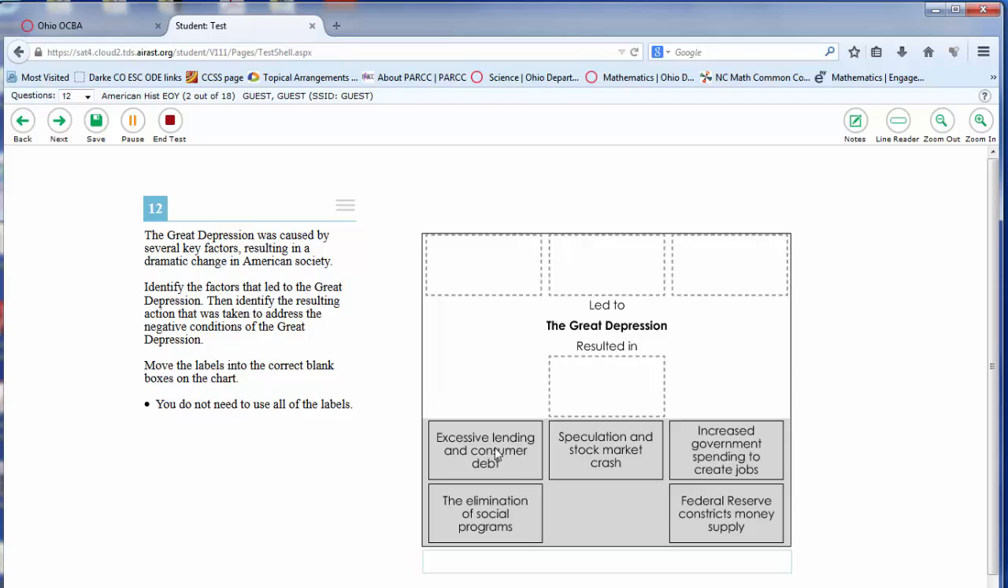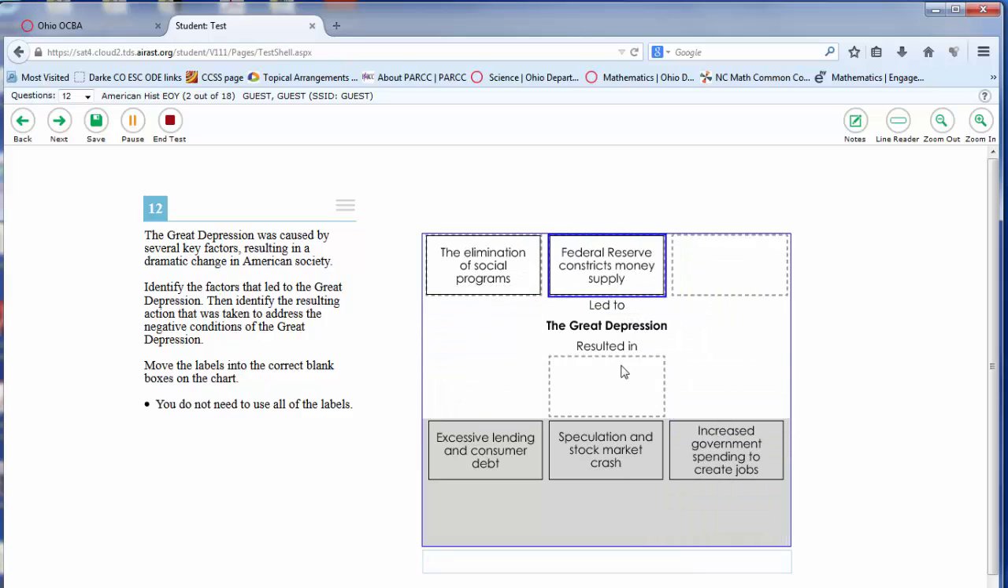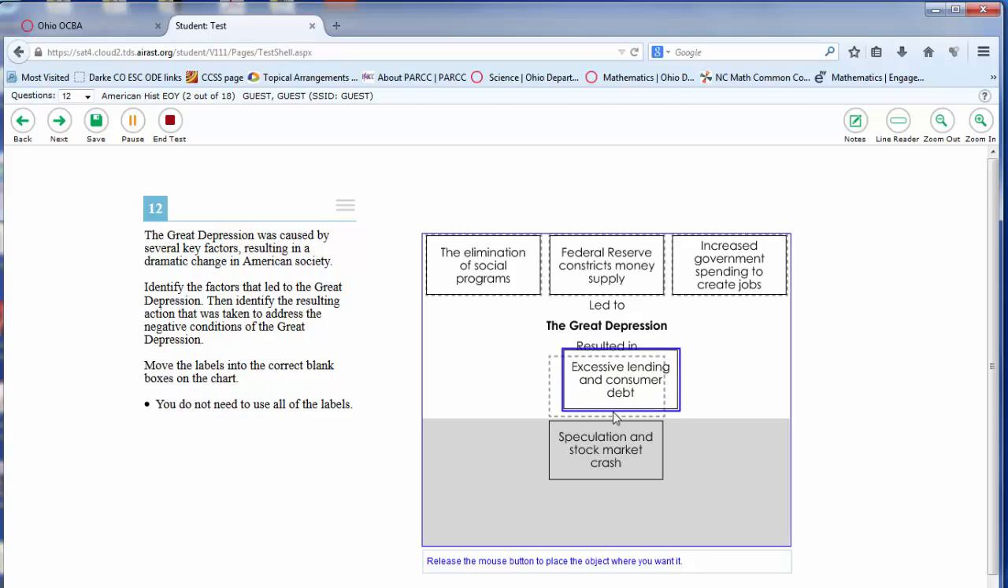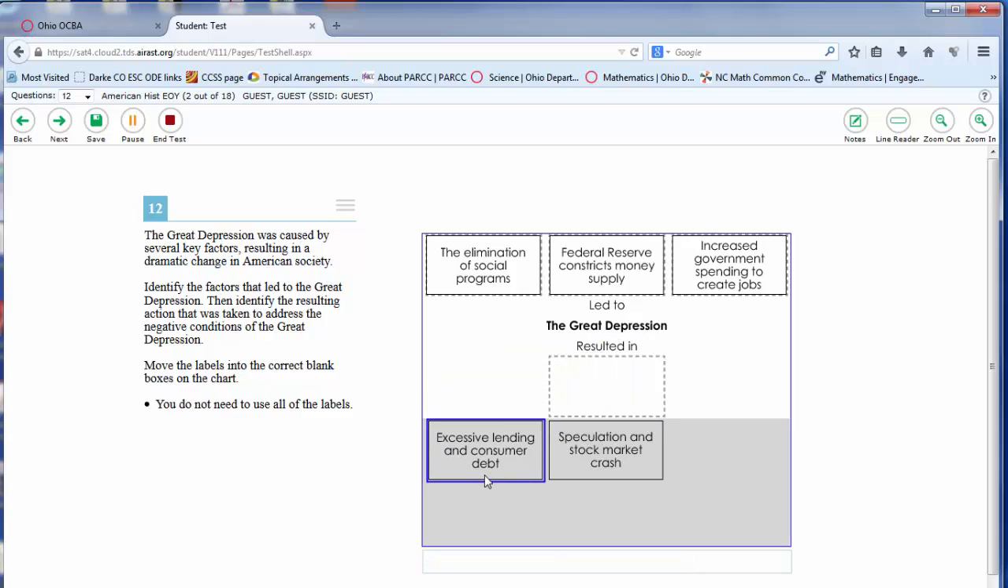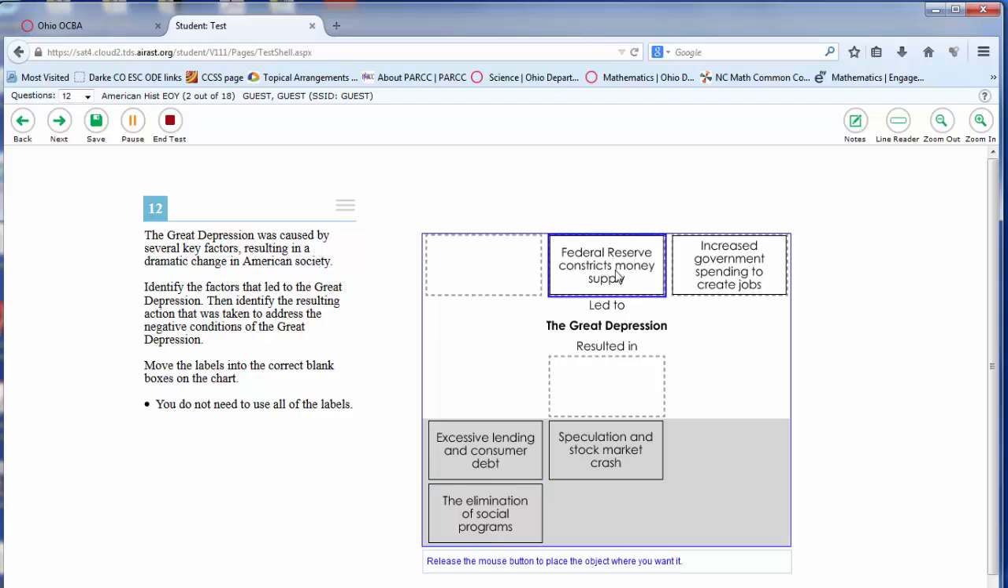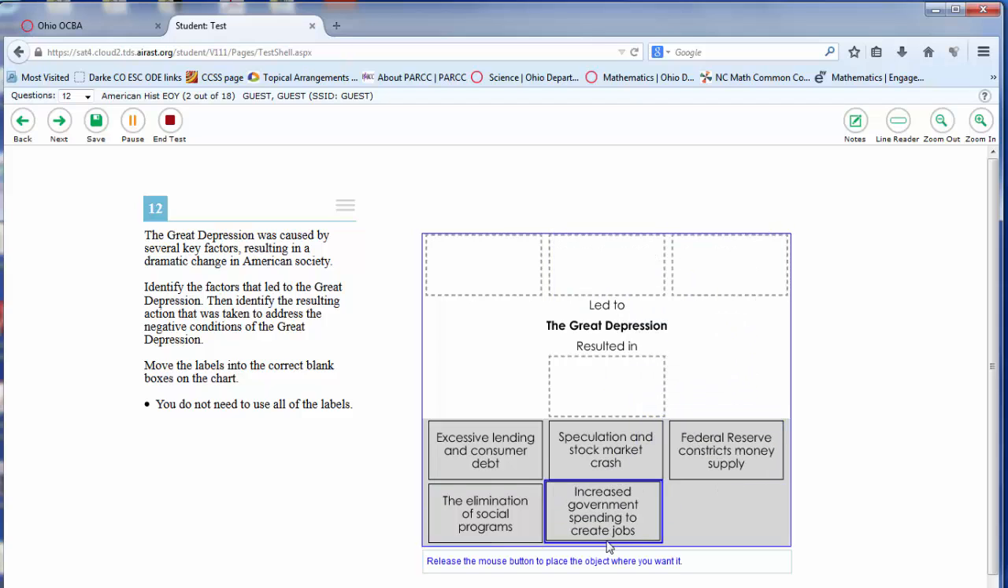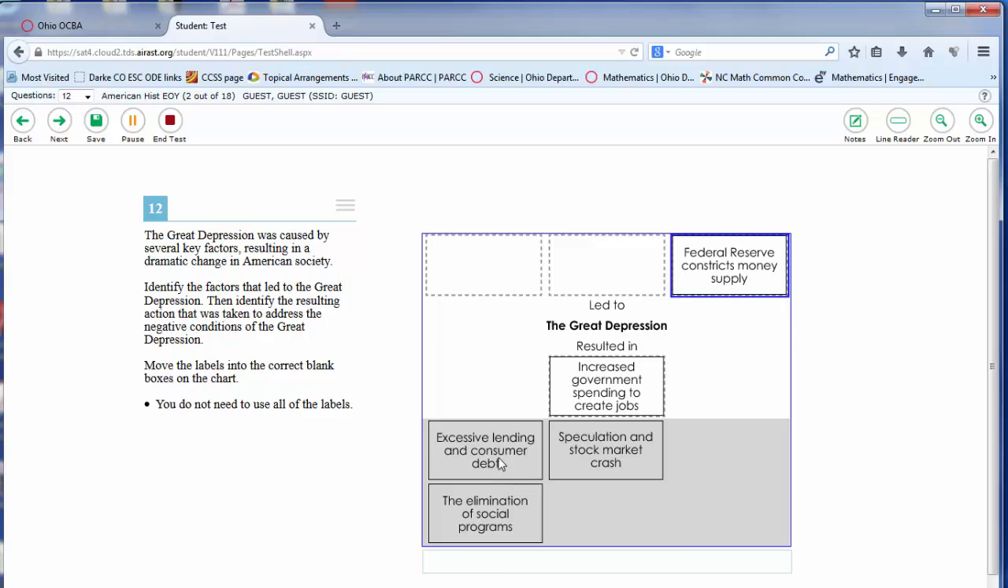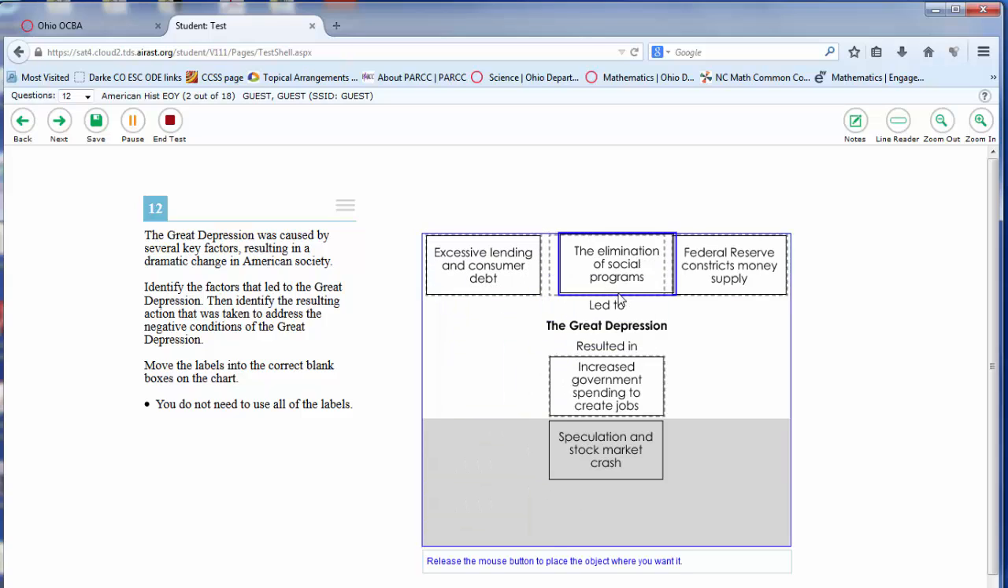So they have to take these boxes and drag them to where they believe they fit. So these things led to the Great Depression, and that resulted in this. And obviously I'm not answering these correctly because I'm just demonstrating, but they can move them back and forth and put them in different places until they are happy with what their final answer is. But another example of a question that's a little different than the traditional question that students probably have seen on